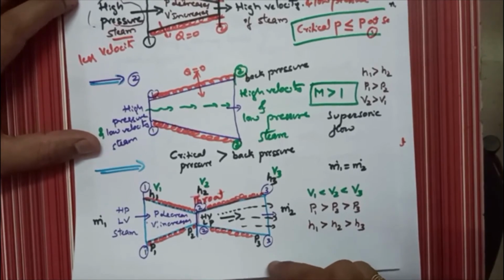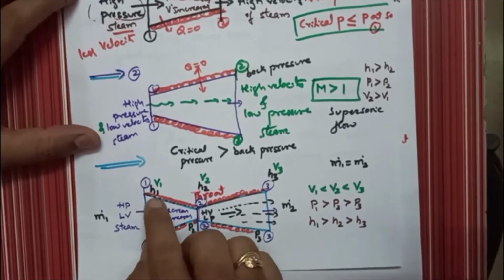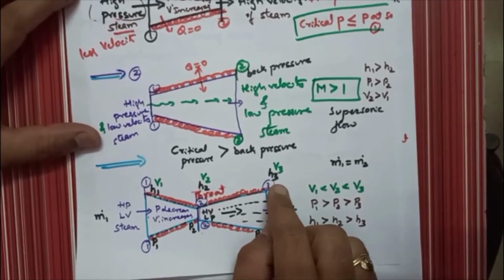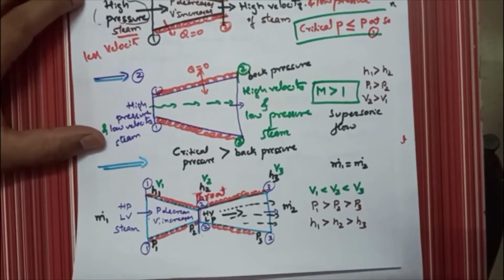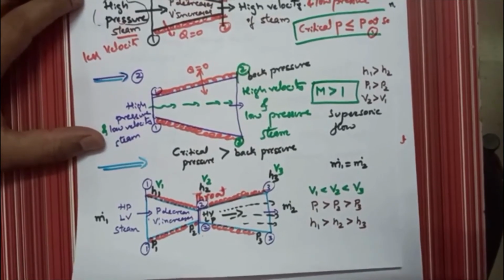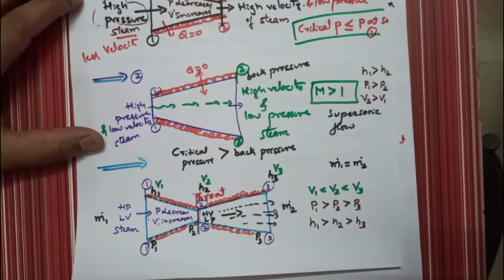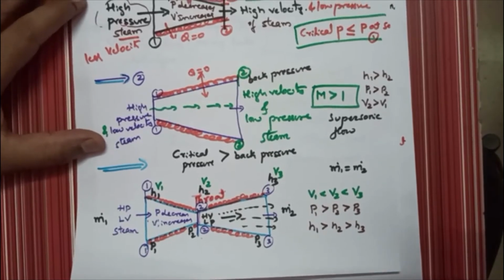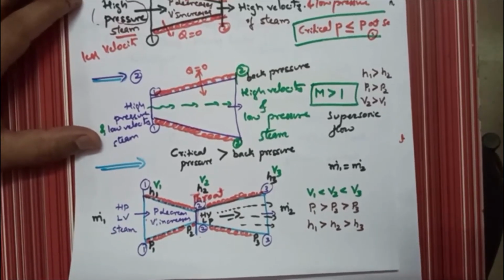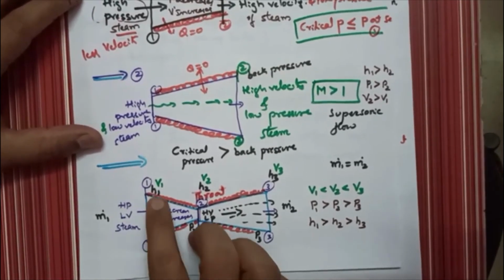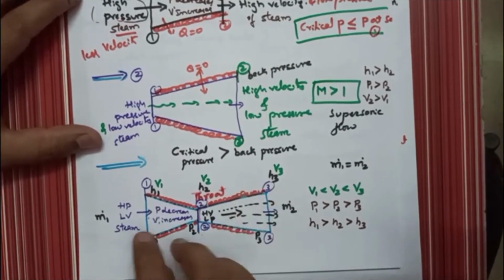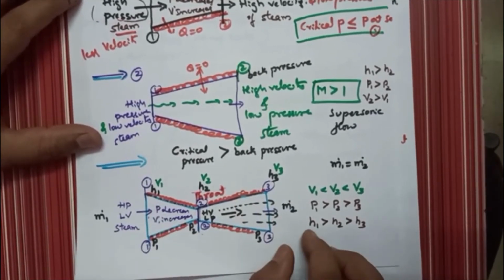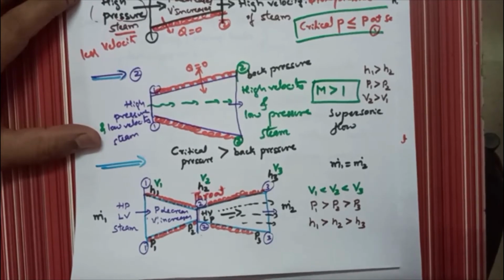So to calculate enthalpies H1, H2 and H3, in the previous chapter, in the vapor power cycle, we used steam tables. Using steam tables at the desired pressure and temperature, we took the enthalpies from the steam table. Here also you can use the steam table and note down the values of H1, H2, H3 at a particular pressure. The pressure values will be given in the numericals.